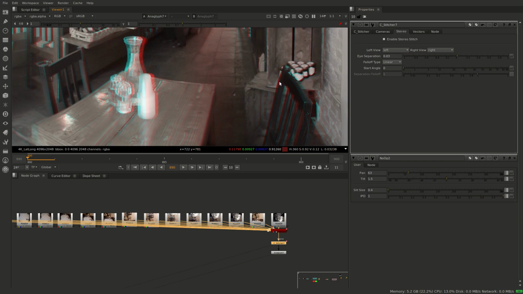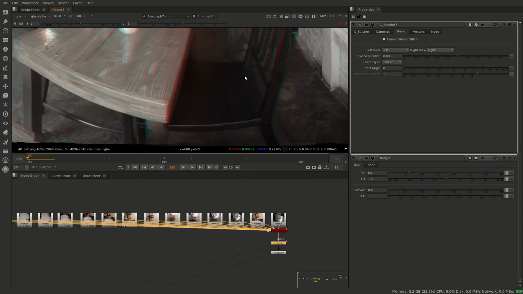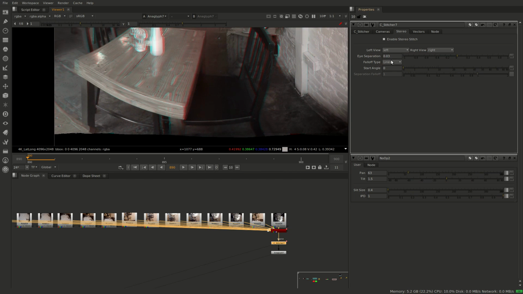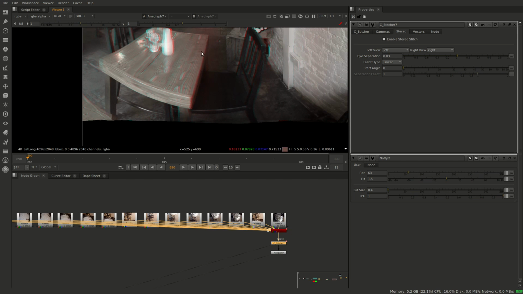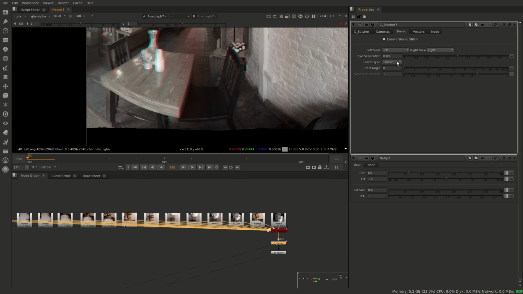And what I have here is linear fall-off type. So fall-off type is these three knobs here. The fall-off type, the start angle, and the separation fall-off control the shape of the function that brings back the interaction distance between your cameras back together to 0 when looking at the pole. So linear is a much stronger way of going from a normal parallax to 0 parallax at the pole. We have something more soft, which is the cosine. So if we switch to cosine,